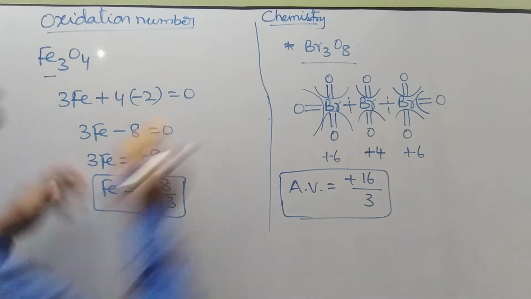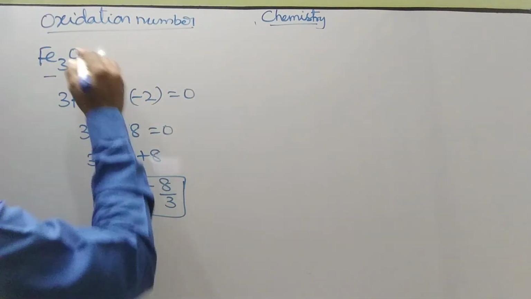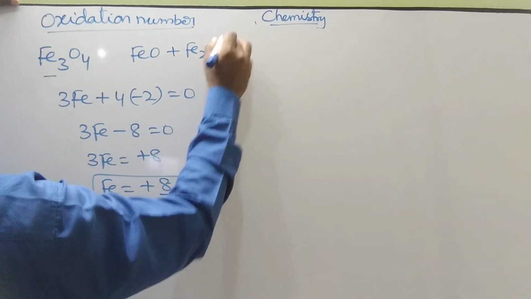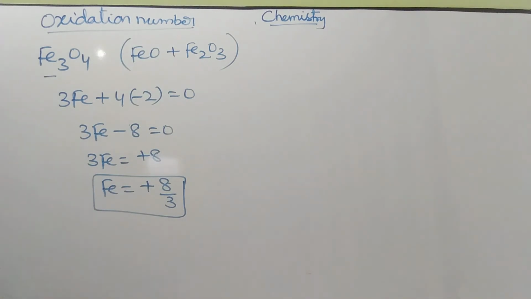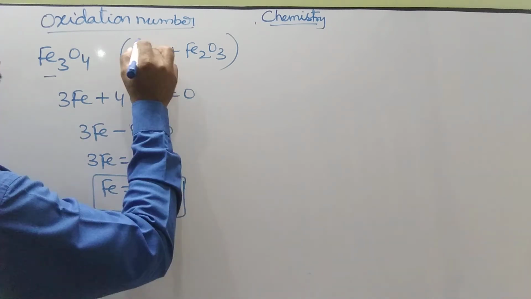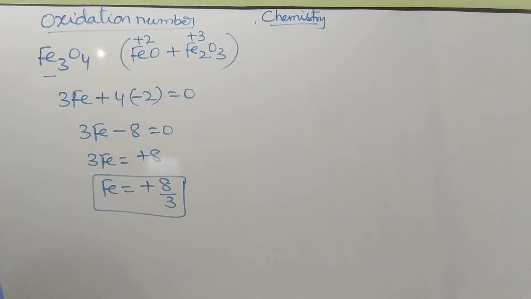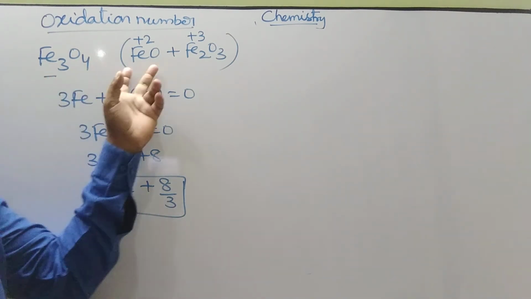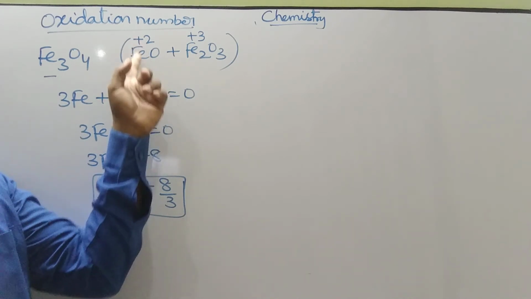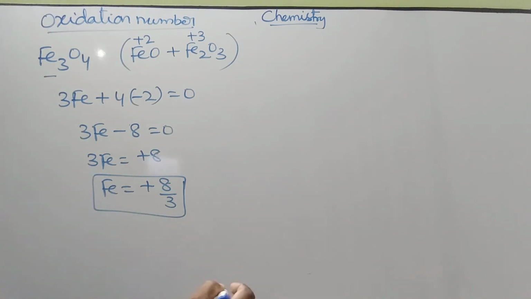And look at its structure. Actually, this iron oxide splits into FeO and also Fe2O3. See, in this case, Fe3O4 decomposed as FeO and Fe2O3. In this case, the oxidation state of iron is plus 2, and in this case, the oxidation state of iron is plus 3. So Fe3O4 converts into FeO and Fe2O3. Here the oxidation state of iron is plus 2 and here plus 3. And not only like that, if you are taking